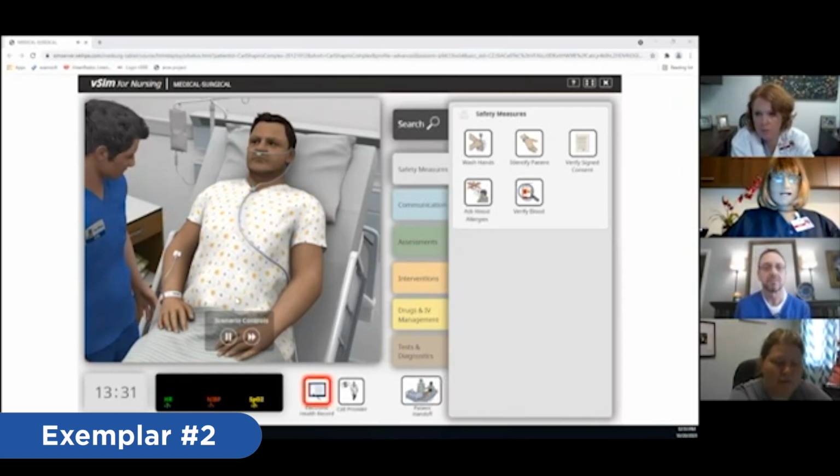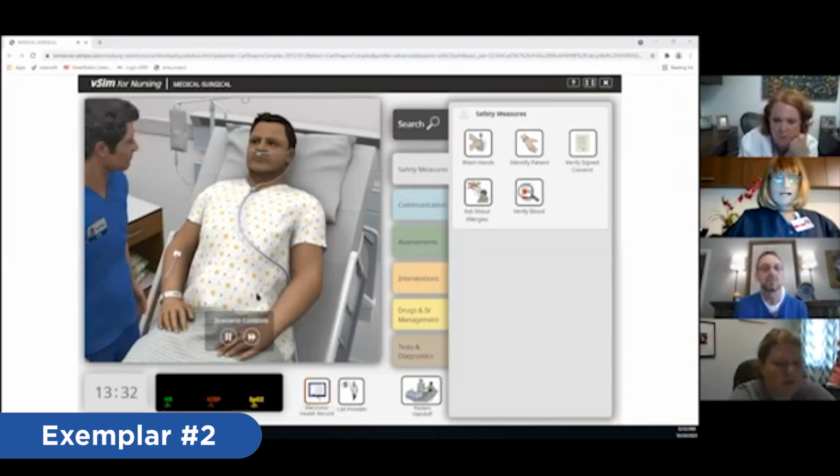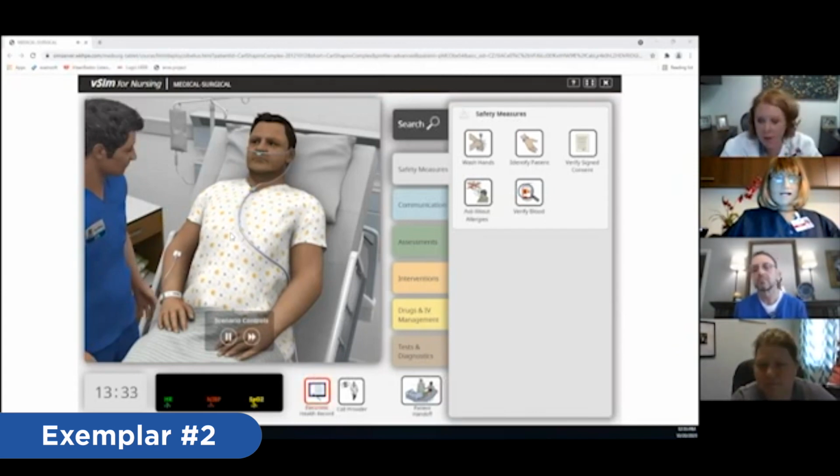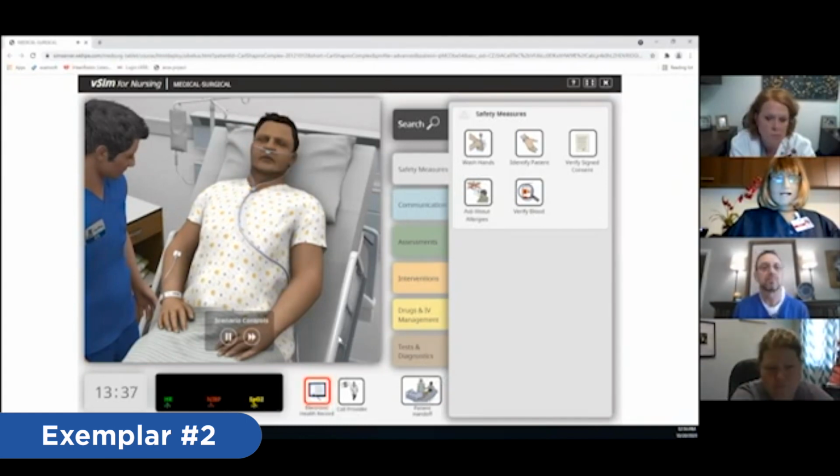So when y'all entered the room and you introduced yourself and you washed your hands, what are some potential things that you thought could be wrong with Mr. Shapiro? When we are entering the room and Mr. Shapiro has his diagnosis of myocardial infarction, what priority nursing assessments do you think we should do? So I saw the nasal cannula and I thought respiratory. Kim, would you like to add anything? Or Linda, would you like to add anything? The patient's chest is not moving.